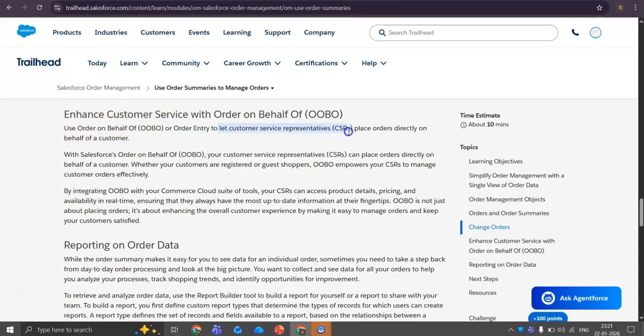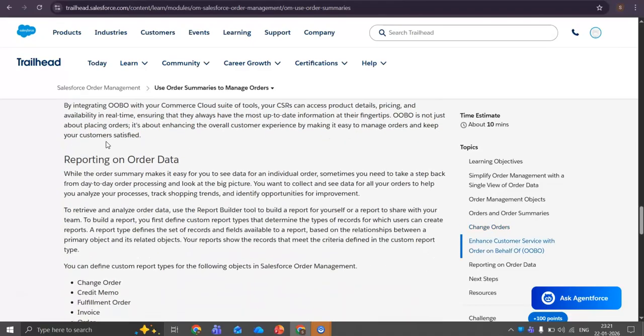Here the customer will not place an order. Instead, they will contact the customer service representative or the service agent, who will place an order directly on behalf of the customer. This one also we will see. I'll explain the flow, how to run this flow, and what kind of records it will create, how it will create everything. We will see it in detail.